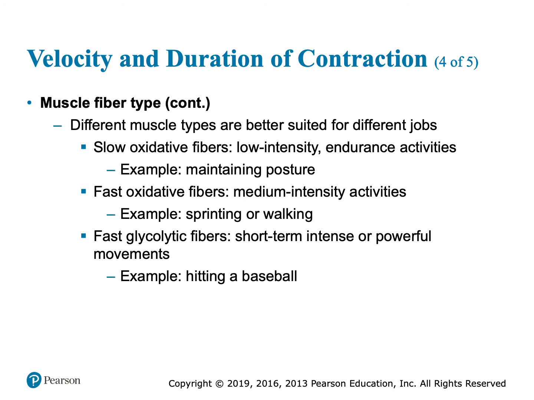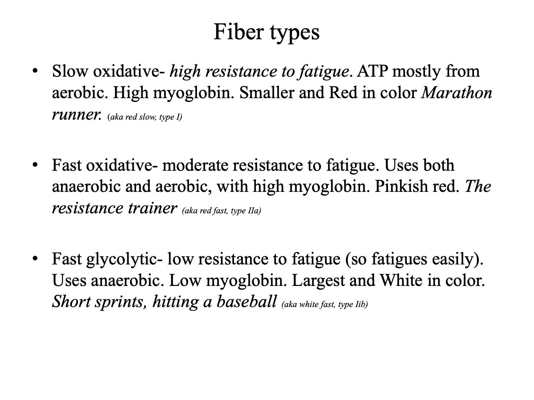Anyway, I'm going to go through that again because I've already said it. Okay, slow oxidative are very resistant to fatigue. So that person that can do a marathon, they can do it because it's slow to get those ATPs from that mitochondria, but it's going to produce 95% of the ATP that our body needs. So for a long time, you're going to be able to go and go and go